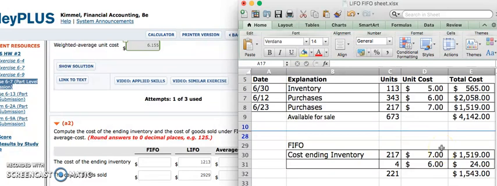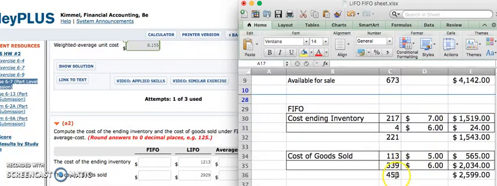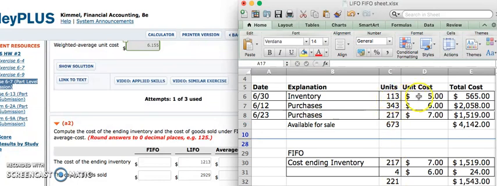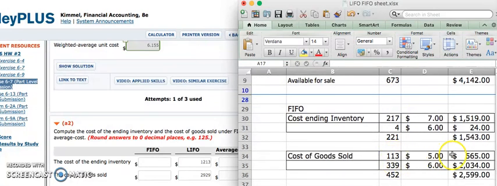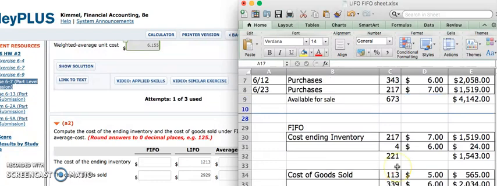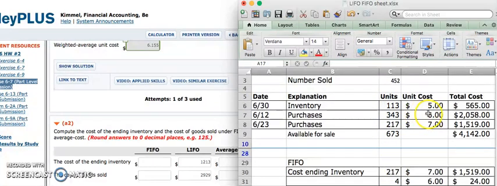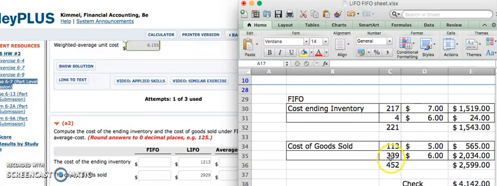Now for cost of goods sold under FIFO, that means since we sold the oldest first, and we got to get to 452, we can take first 113 at $5 each. That's $565. We still need to get to 452, so that leaves us 339 that we can take out of this 343 at $6. So we do that, 339 at $6 gives us $2,034. So there's our total, 452 that we need. There's our total cost of goods sold,